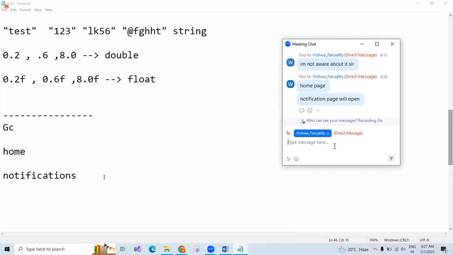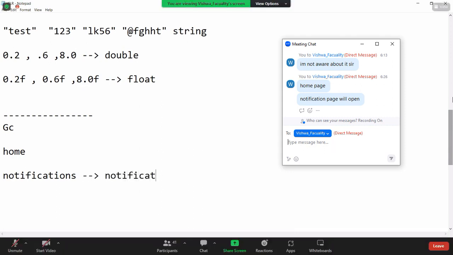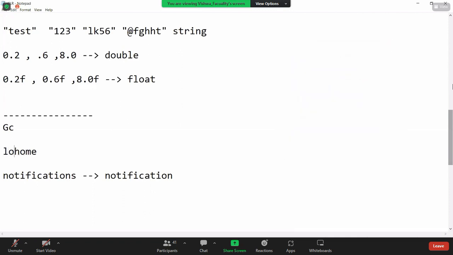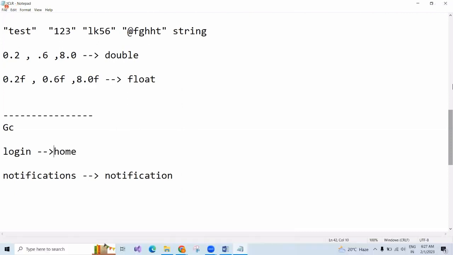Okay, correct. When you click on notification, notifications will come. When you click on login, after successful login, the home page will come. And when you click on friend request, what will happen? Friend request will come. Correct.